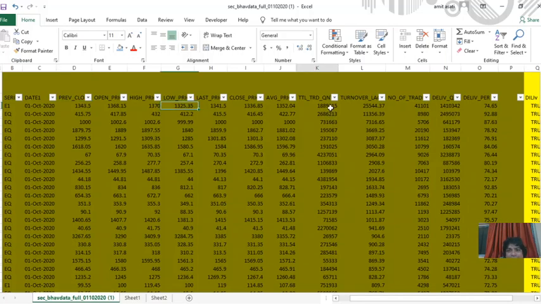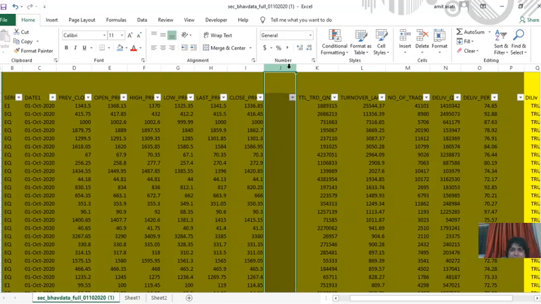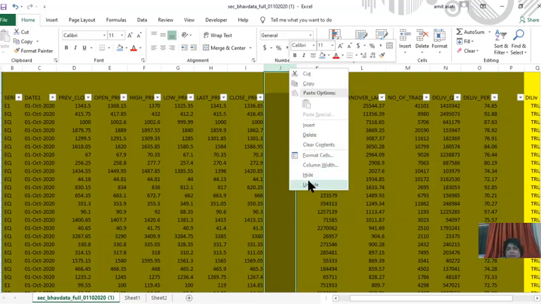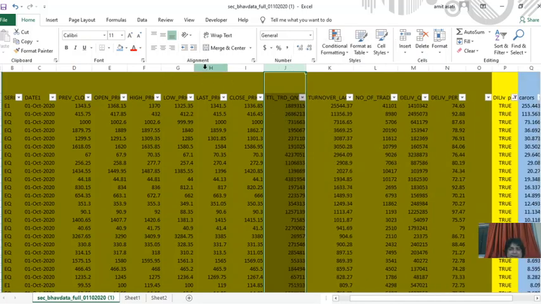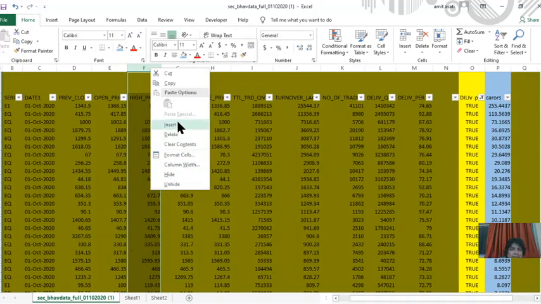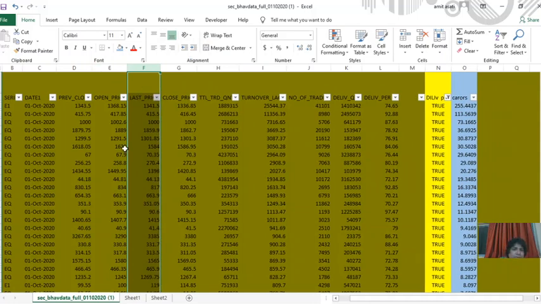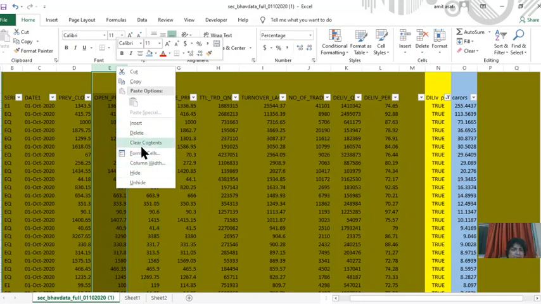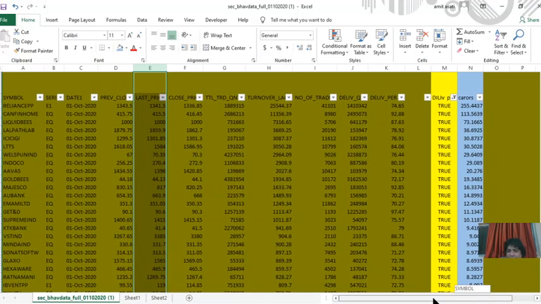Traded quantity, average price and close price are given there. This is not useful to me, so delete this, and the last price, low price, open price, close price. Previous close and open price are not useful to me, so delete them.